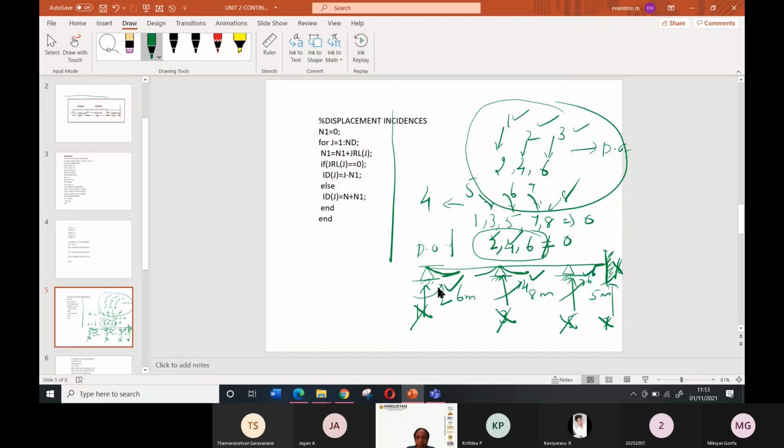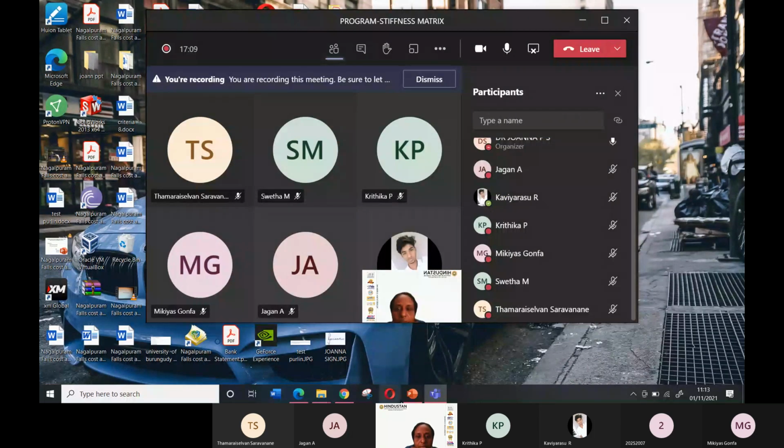Can you just note it down? If you want to draw the diagram once again, note it down. Then I will explain what is happening, how the computer will know how to make 2 as 1, 4 as 2 and 6 as 3. Just draw the diagram so that you can understand later.